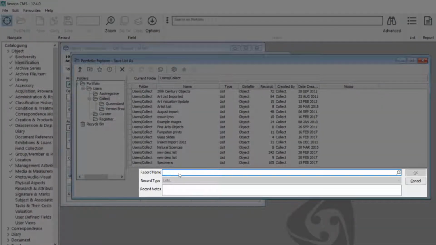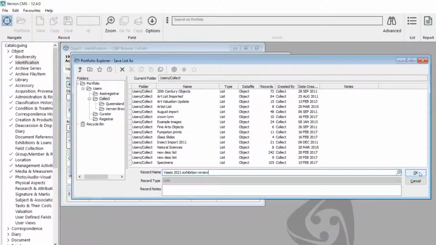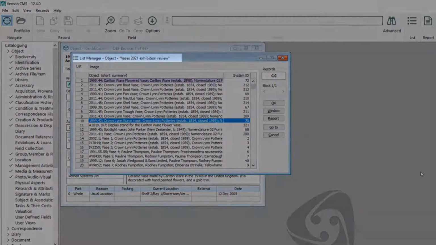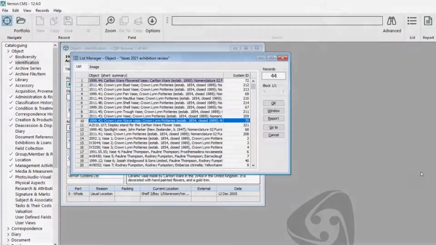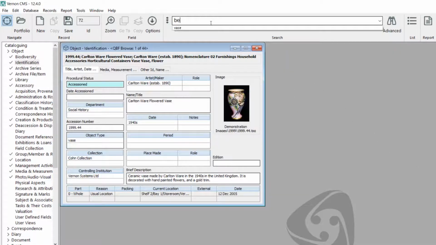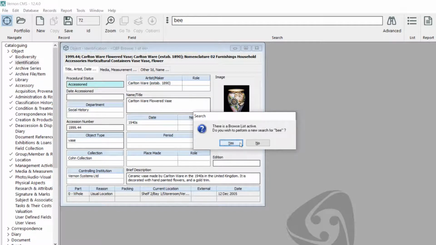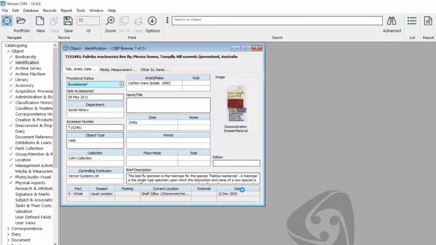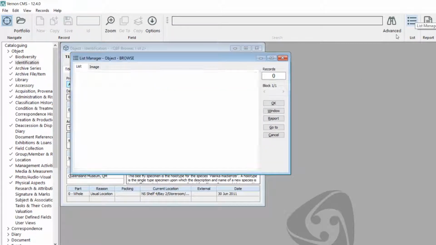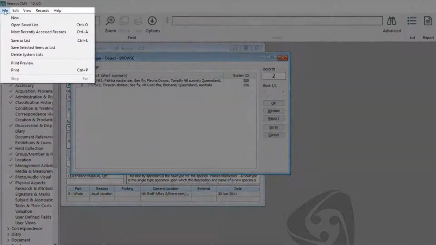So this one is a list of vases. So we might say vases 2021 exhibition review. So I've now saved it, and you can see at the top here that it's changed to having the name of that list. This means that if I ended up doing a search for P and I go into a range of other things, I can really quickly return back to my results by opening List Manager and going File,